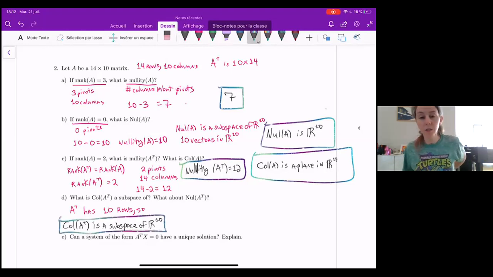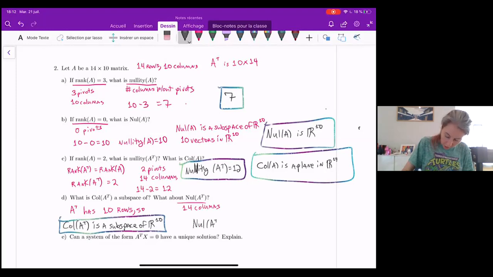Now, what about the null space of A transpose? Again, we look at the columns for the null space. So the null space of A transpose will be a subspace of R14. Null space of A transpose is a subspace